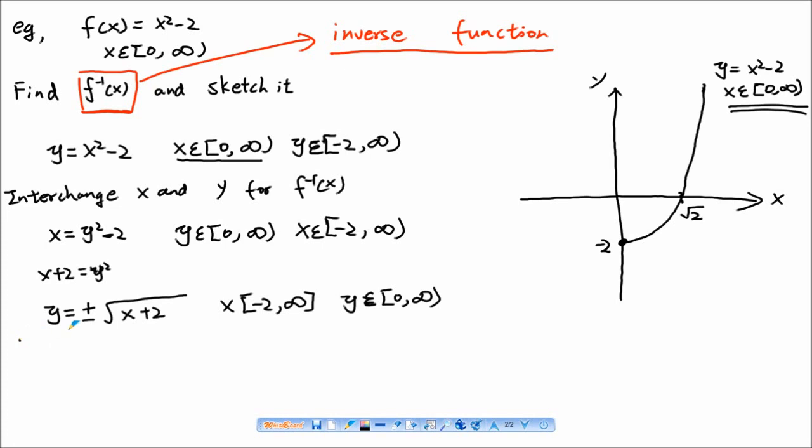Here we have two functions, y equals positive square root of x plus 2 and y equals minus square root of x plus 2. But because of the restricted domain and range,